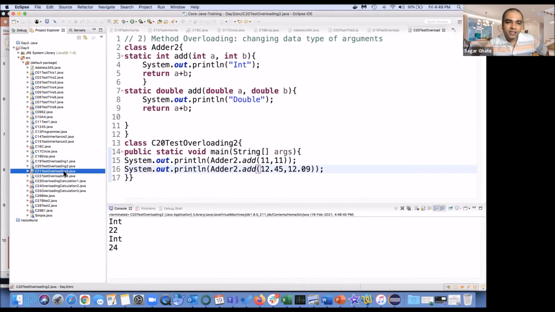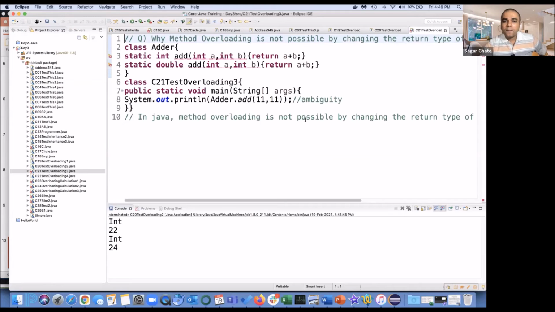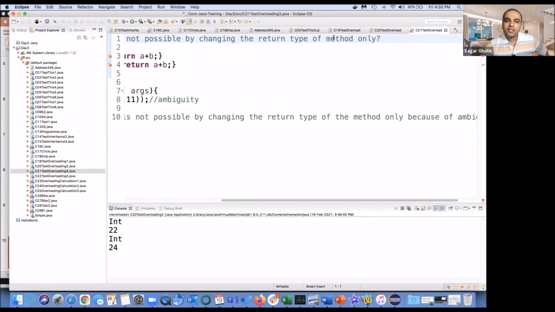Well, moving to the next one. There is a concept which says method overloading is not possible by changing the return type of the method only.